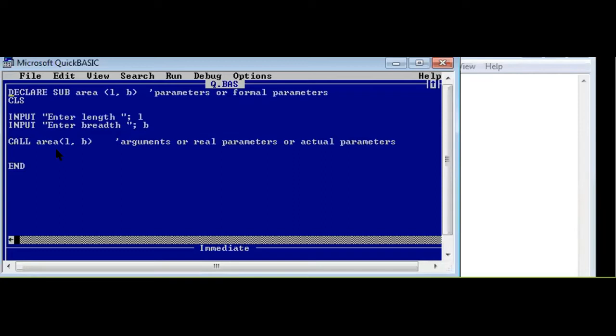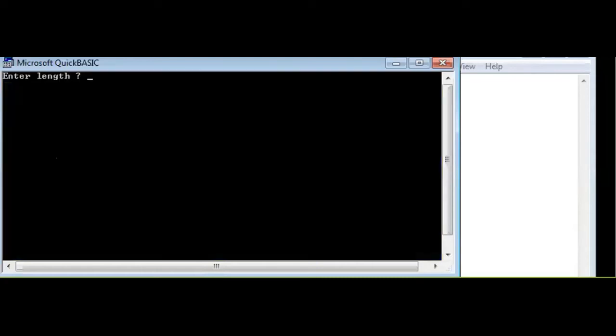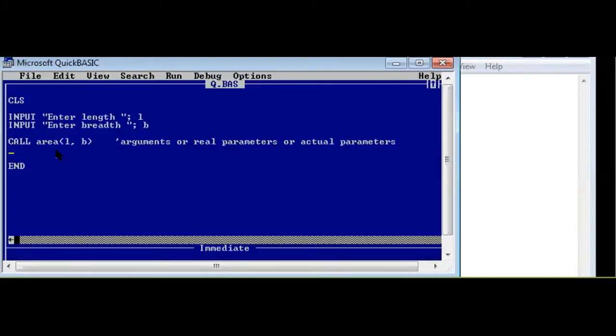So let's see what happens if I remove this declare line. Okay, if I remove this declare line also, our program runs smoothly. You can see enter length 4 7, and we get the output 28. Our program is running smoothly. So it's not that if you don't write declare, it's a mistake. No, you may write it or you may ignore it. It doesn't make any difference. But according to the curriculum, we have to write this. So this is what we've been writing.